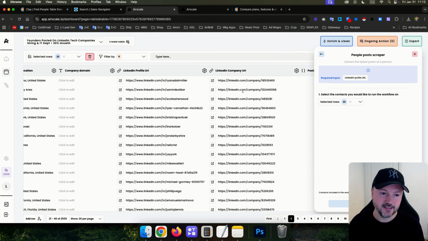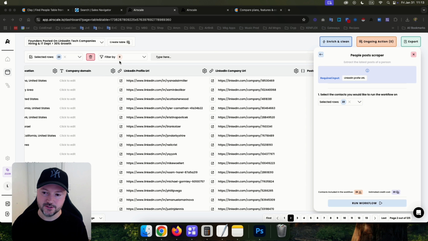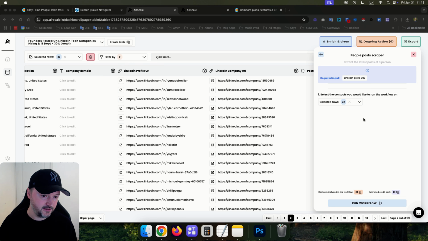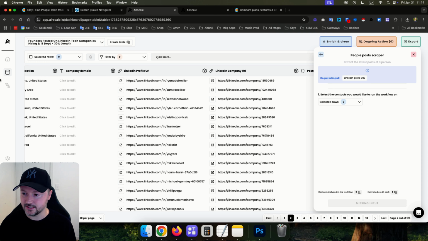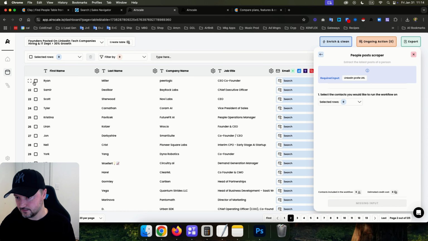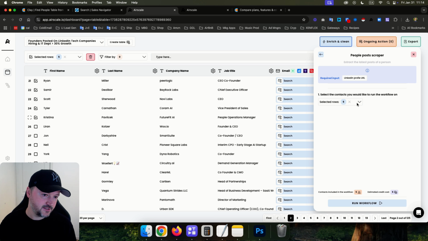So we're going to select that, and then select the number of rows that you want to run this on. I'm going to select these 3, or maybe I'll do 5. Okay, so 5 rows are selected, and we click Run Workflow,